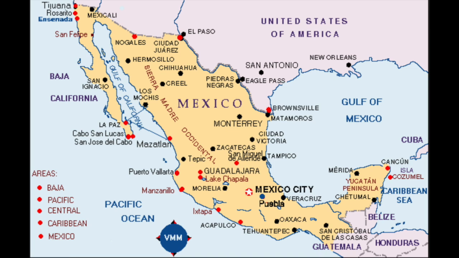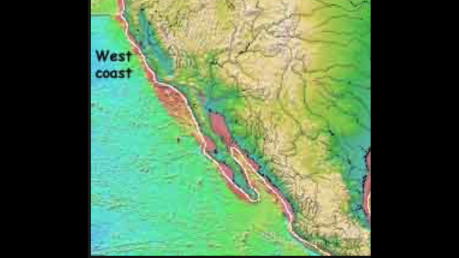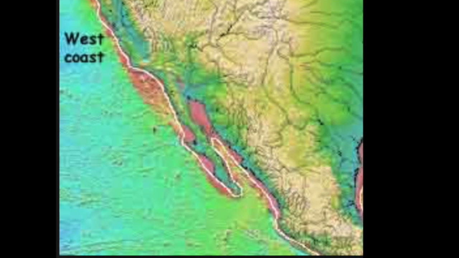In this image, you can see a map of Mexico and the west coast of Mexico, which this presentation will be focusing on. Here you can see a zoomed in image of the west coast of Mexico. The coastline takes up about 6,500 kilometers. This is an image of the continental shelf of Mexico, and as you can see in the red zones,